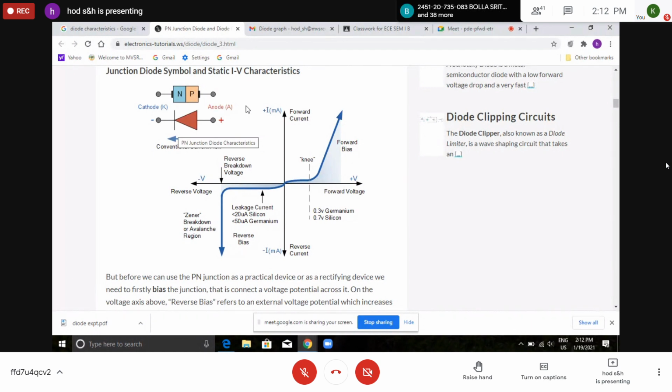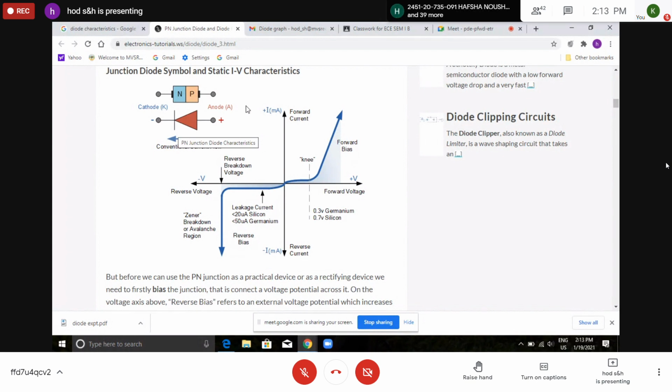How the current changes in reverse bias is called the reverse bias IV characteristics. Again, you should calculate the resistance of the diode in reverse bias also. Why it is operated in forward bias and reverse bias, I have explained in the last class also. In certain electrical applications, you need high current in the magnitude of milliamps, so the diode is operated in forward bias. If small current is sufficient, then the same diode can be kept in reverse bias mode, so that you get current in microamps.